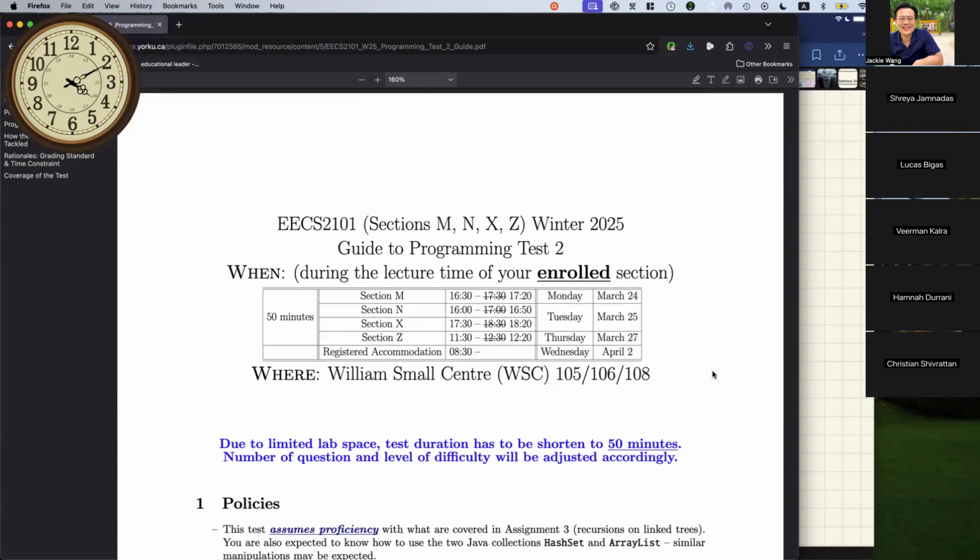So what I want to do is give you maybe just a reference pointer about different places that you can go to really review, to really get prepared for programming test two. And then I'll try to point to as many resources as possible. At the end, I can also suggest something if you still have some time and want to dedicate a weekend or maybe even some part of the weekday, depending on which section you are, to get prepared.